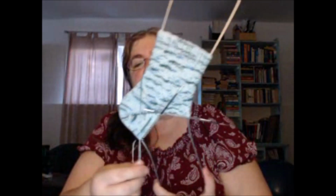So I'm really liking the way the heel turned out. It's super pretty. I don't know how it's going to fit. I don't think I've ever worn a short row heel. I don't know if I...